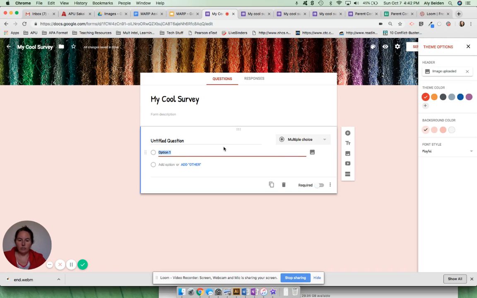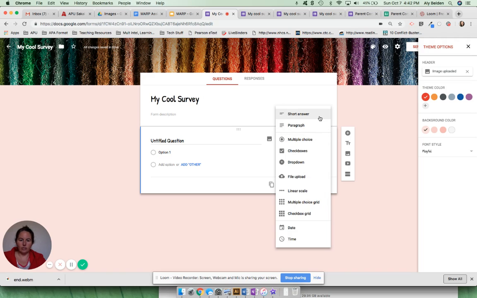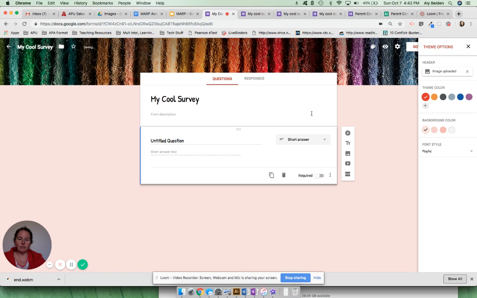For adding questions, we're going to add questions right down here. It starts off with one question already in place for you. There are several different options for the types of questions you can insert here. There are some text options. You can have a short answer or a paragraph answer for your text. For a short answer, you would want something like the person's name, maybe their email address, a phone number,